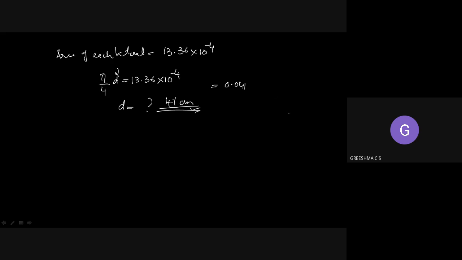So diameter of each lateral, the lateral diameter is 4.1 centimeters. Okay. So you can write down the note like this. We can use 80 numbers of laterals. Okay. So you can use 80 number of laterals with the dia as 4.1 centimeter